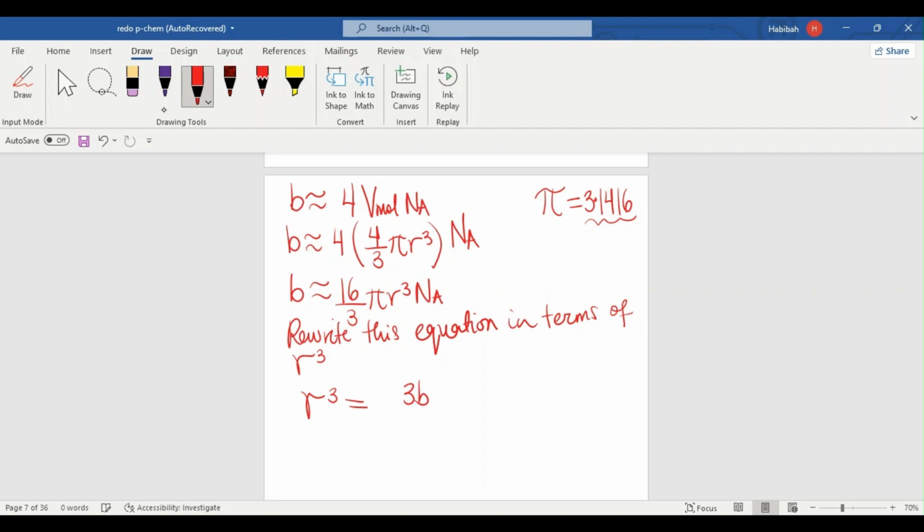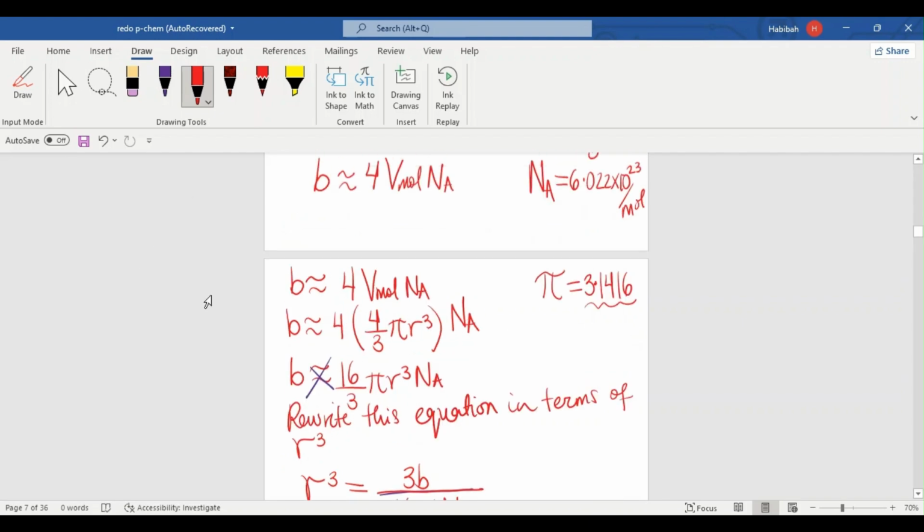Okay, so 3 times b, because we would have to cross multiply, so that would be 3b over 16 pi Na. So now all we simply have to do is substitute. So r cubed is going to be 3 times b. So b is simply